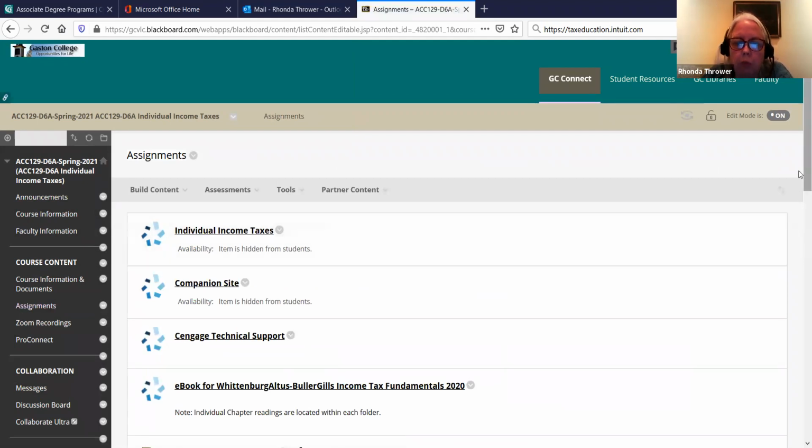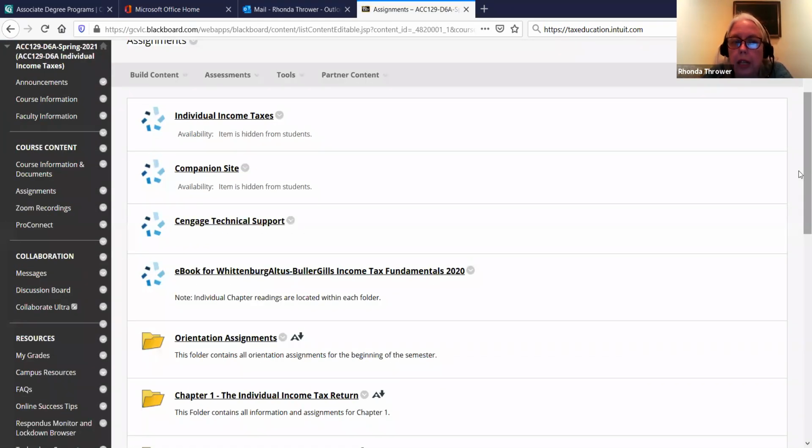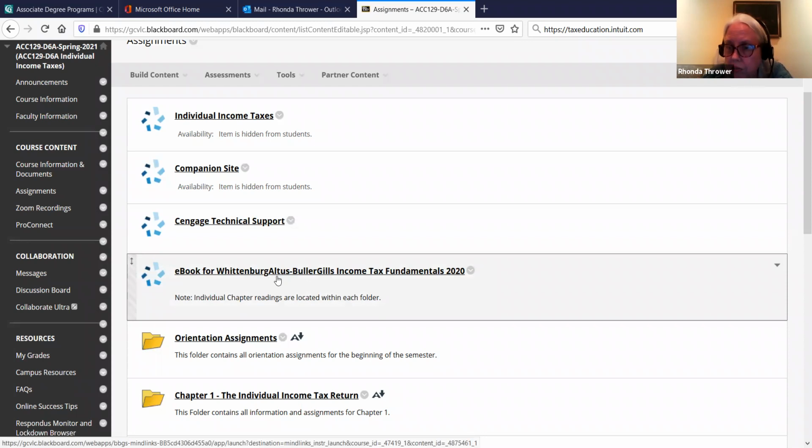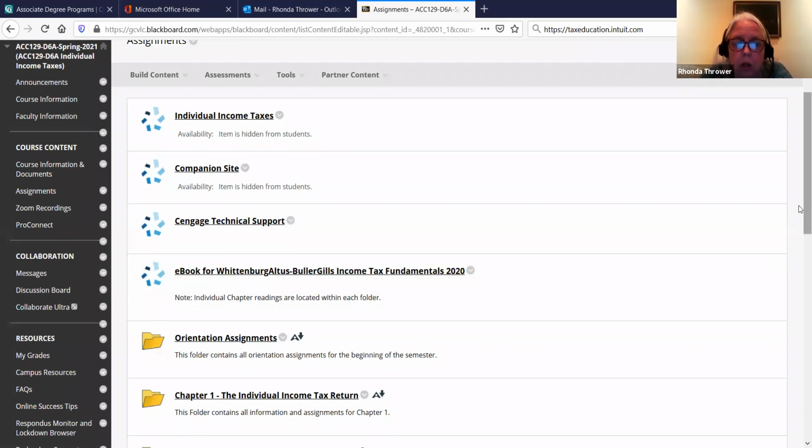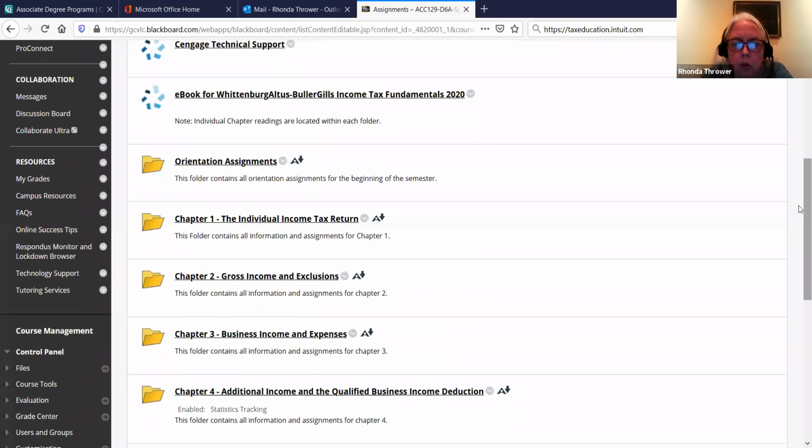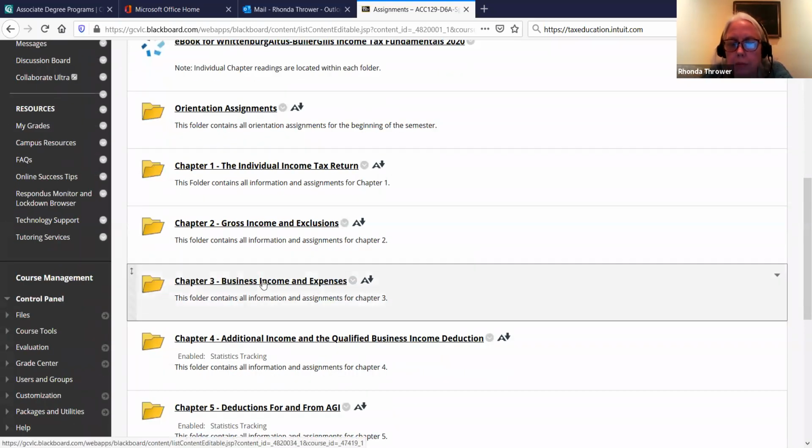and we're going to go to chapter 3 because that's where we're starting. Now, I don't know if you can see this or not, but you've got a link for the whole book right here that she set up for you. So this is a link for the book, but she's also got it set up by chapter within each chapter. And so what I want to do is go to chapter 3,